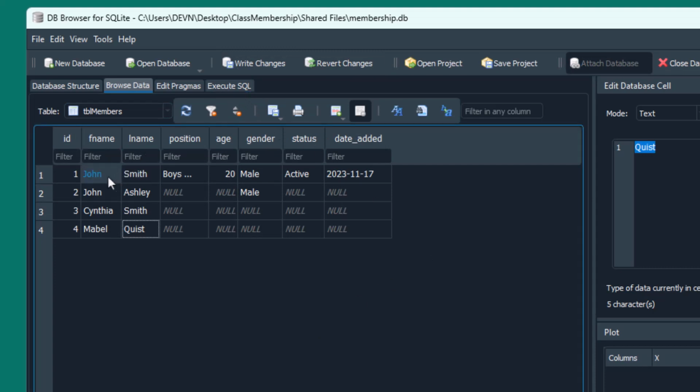So you can see that we have two Johns, but the surname is different, Smith and Ashley. But there is one last name for Smith, but it's a female and it's Cynthia. So let's see how our query will run.